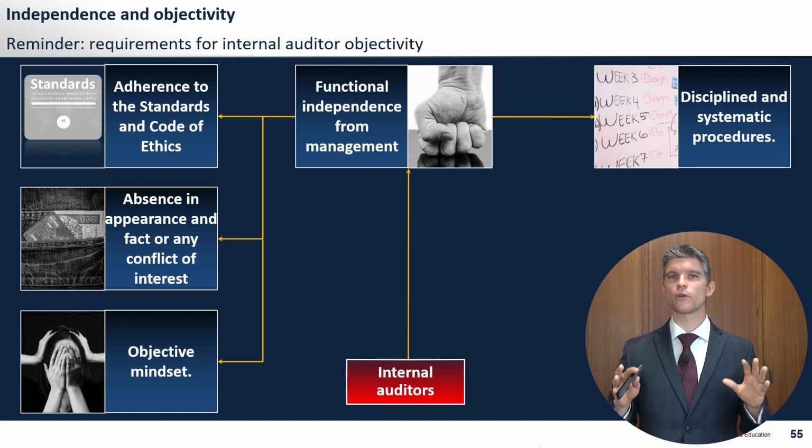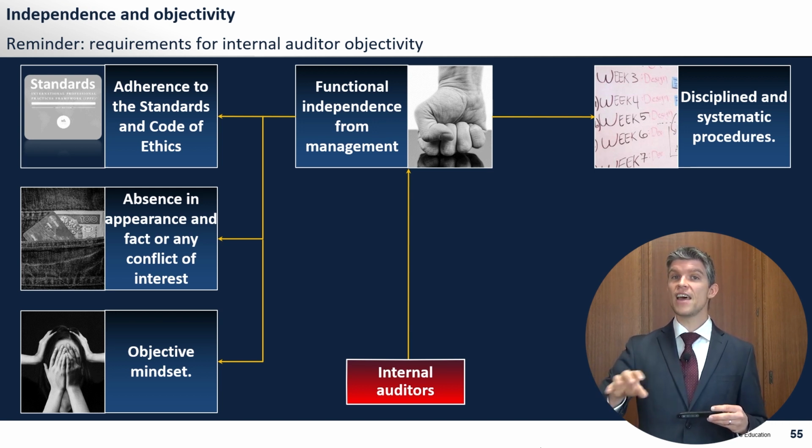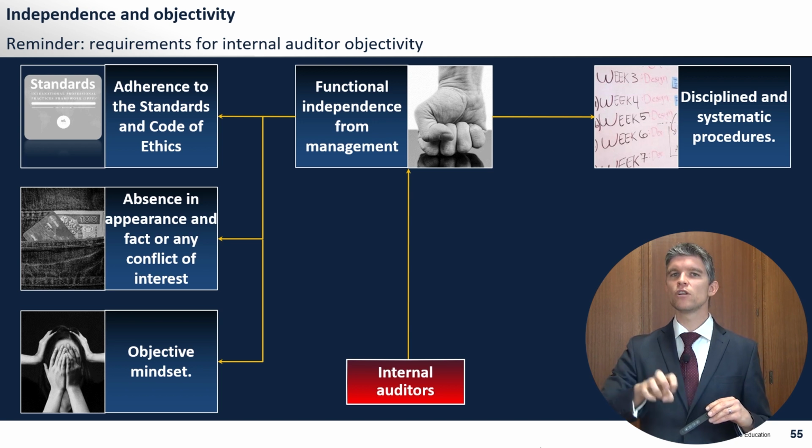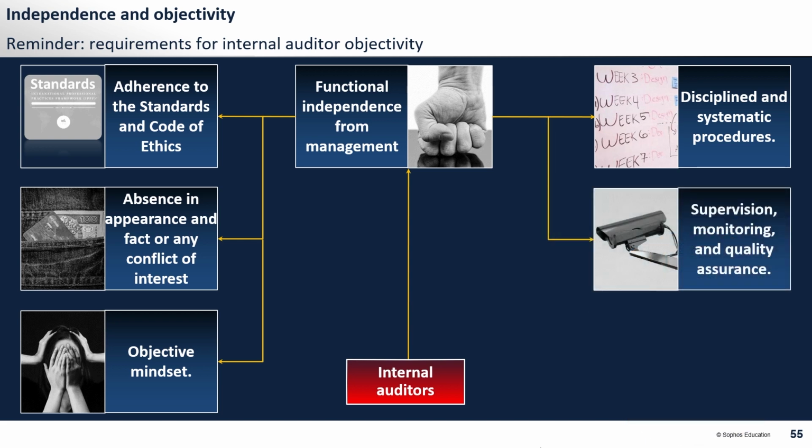Disciplined and systematic procedures. Okay, why? Because with disciplined and systematic procedures, you are, for instance, going to go through a full review process. That review process means that you have a second person verifying your work. If they encounter the same problem and are objective when, fingers crossed, you were potentially not, then they will note that and say that that was a problem. So supervision is one of the ways of achieving better objectivity. So supervision, monitoring, quality assurance, also a type of disciplined approach,